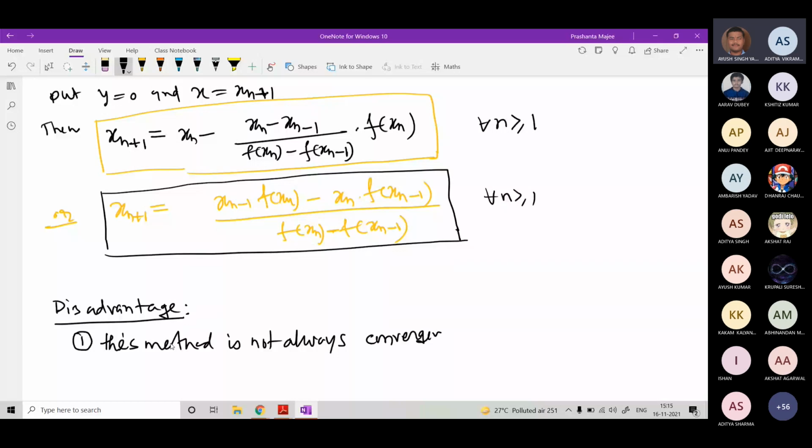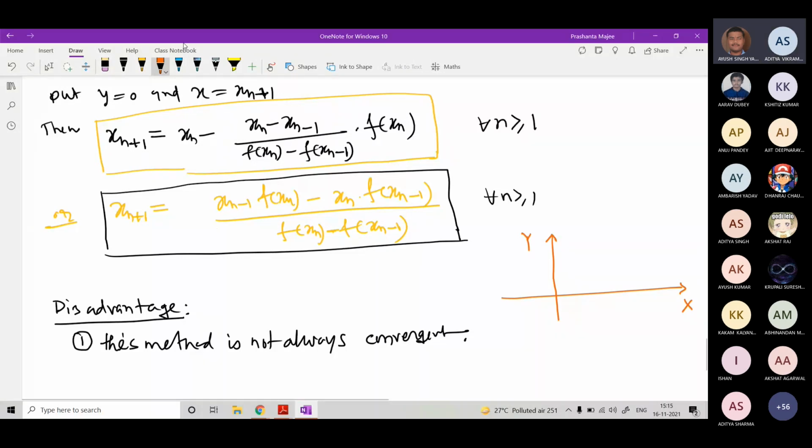That means if you apply this formula, the values which you will get using this formula may not give you the root, because it is not bracketing the root. So this method may be convergent, may be divergent. So let us consider one situation. Sir, why is it not convergent? Okay, so I'll give you one such example. Suppose this is the scenario of the graph. This is the x-axis, y-axis, and I will also give you one numerical example for that.